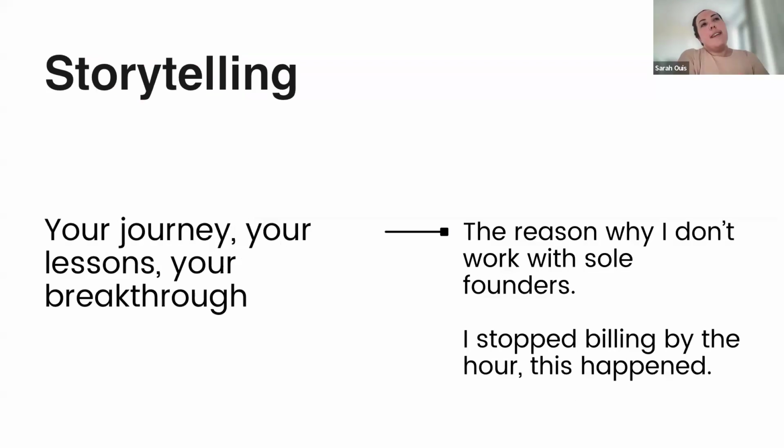Number three, we have storytelling. So storytelling is more for people to have a sense of who you are outside of what you know, right? So growth and authority is really you're demonstrating your competence and you're demonstrating your opinions in regards to your competence. The storytelling is more personal to you in terms of the lessons you've learned in business and the breakthrough that you've had working with a certain type of founder or working in a certain way.